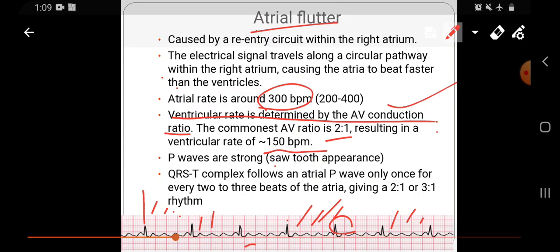الappearance اللي كتير مميز له هو sawtooth appearance. إنه it looks like اللاين between the QRS complexes it looks like a sawtooth زي أسنان المنشار. أوكي،